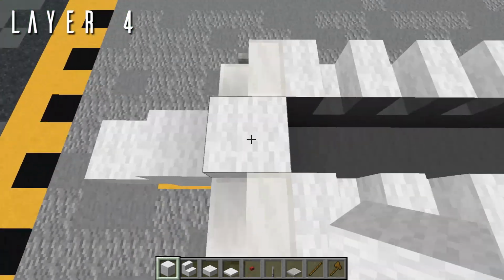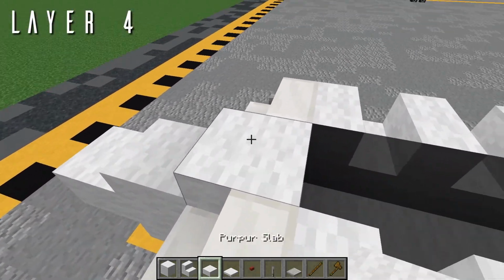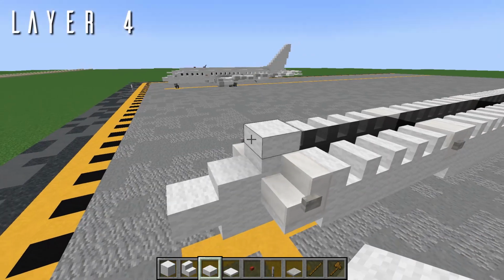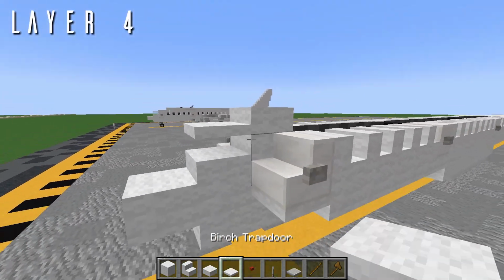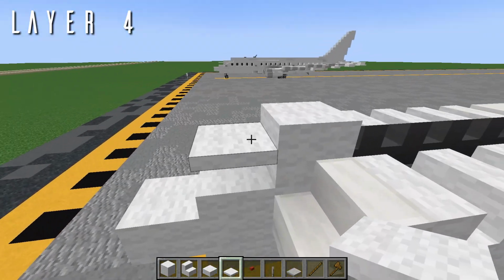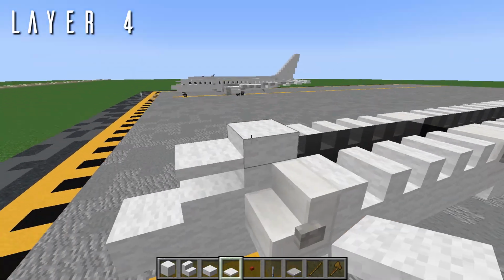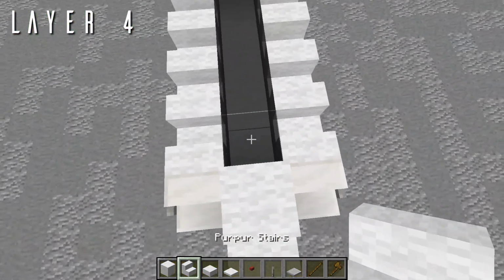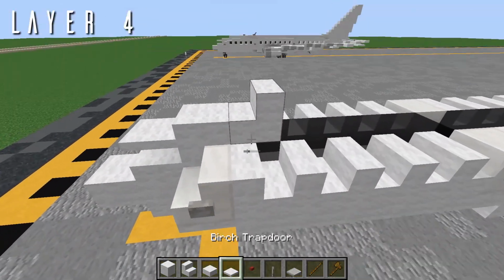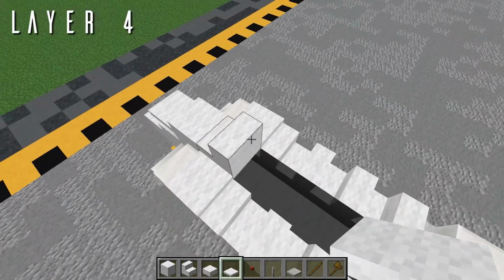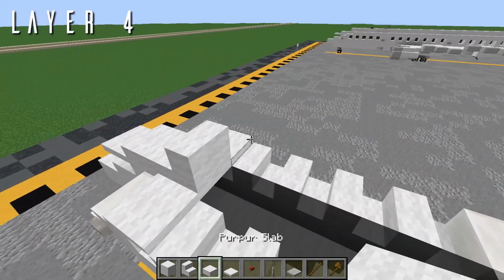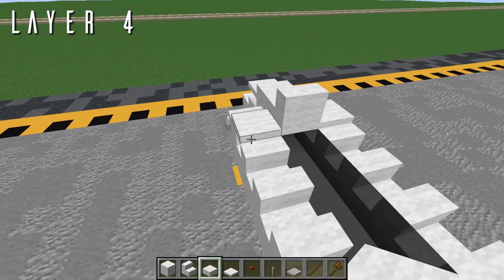For this, on top of this first wool full block right here in the center, we're going to place a single wool half slab on the bottom half right there, with a birch trapdoor going forwards from it here. That'll create this indented space right here for the cockpit glass. Then behind this we have a wool stair facing forwards, just a regular wool stair there, and then another trapdoor out to the side. Behind both of these trapdoors here, we have 19 wool half slabs going back, so that's